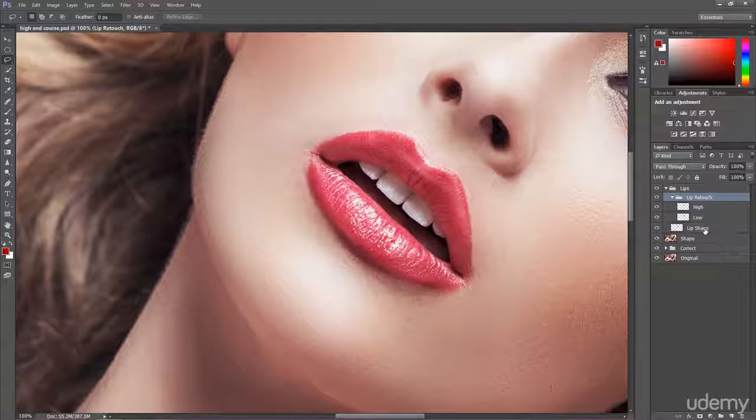Now, between these two layers, I'm going to create one more layer as I was doing before. I'm just going to call this layer Colors, or just Color. Of course, the low layer is responsible for color, but here I want to work with colors on these lips, and when I put this layer over here, it works so much better. So let's go to our low layer,